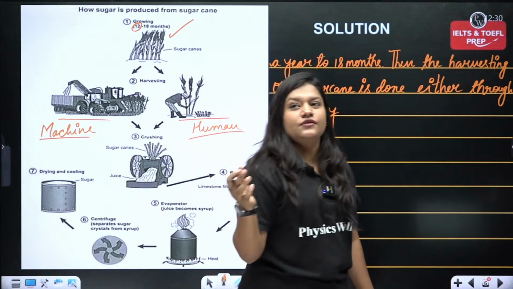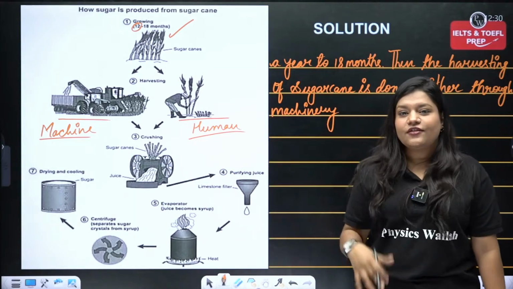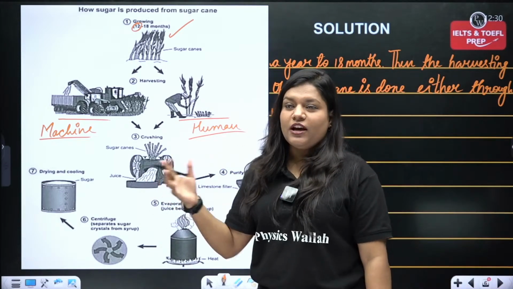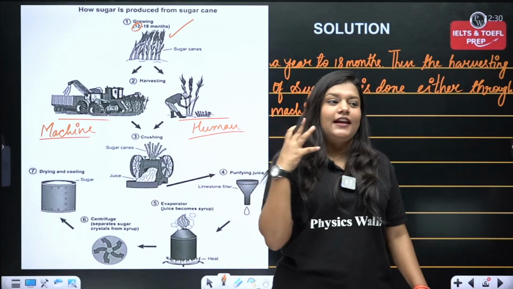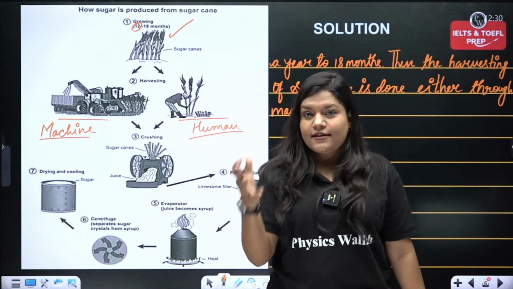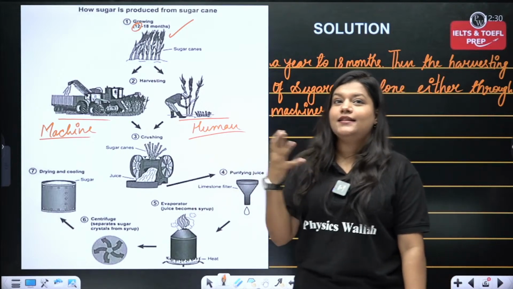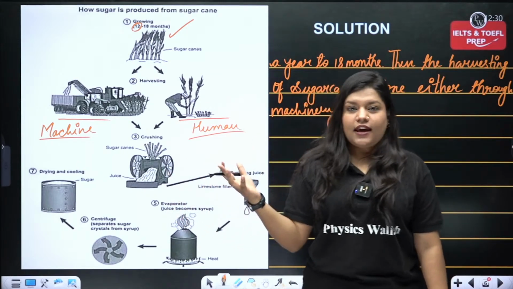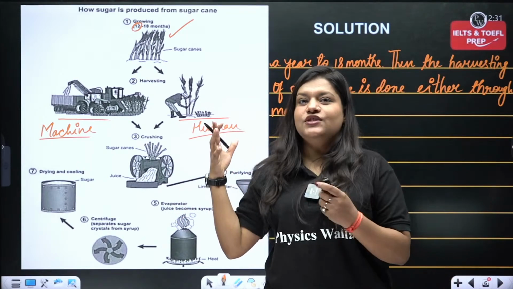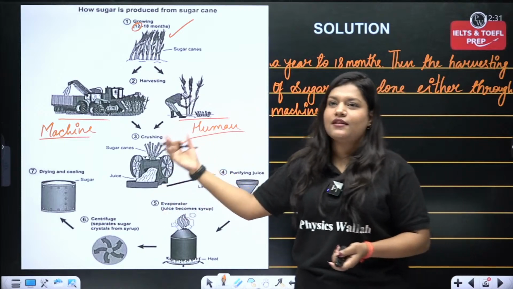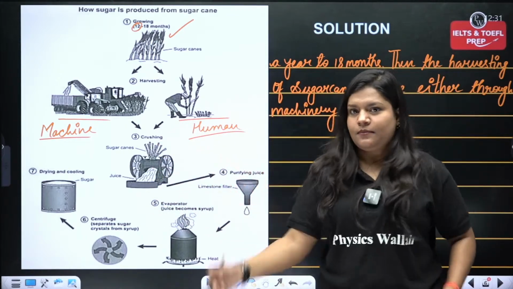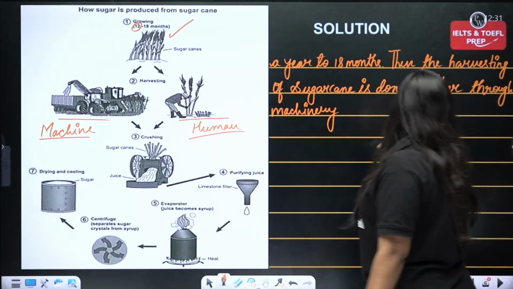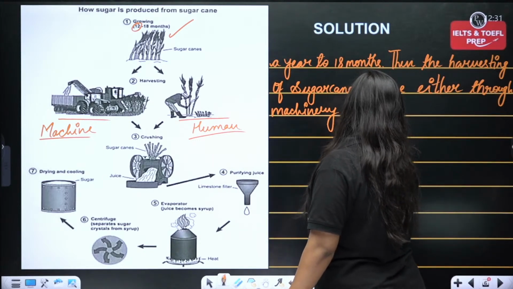Can we write 365 to 574 days? 365 to 574 days is going to be a very lengthy timeline that you are writing. I said that clarity is very important. So for clarity, it's really very important to write as concisely as you can. Writing concise things for clarity is way more important than writing something which might be a little bit confusing and messy. Through machinery or